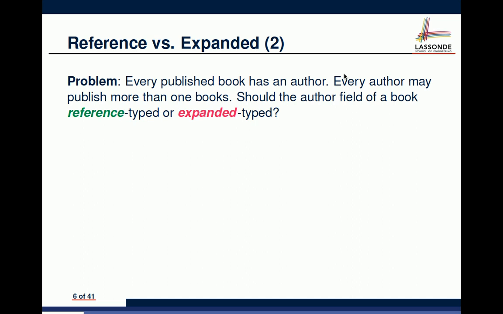What about if you want to model another scenario? Let's say you got 2 physical books. You got OSC2, and you got Touch of Class, right? It's these 2 books. You do have the author information somewhere, maybe on the cover page of the book. If I modify the author field of one book, is it going to modify the author field of the other book, the physical copy? Not really, right? So in this scenario, you may want to make them expanded, which means